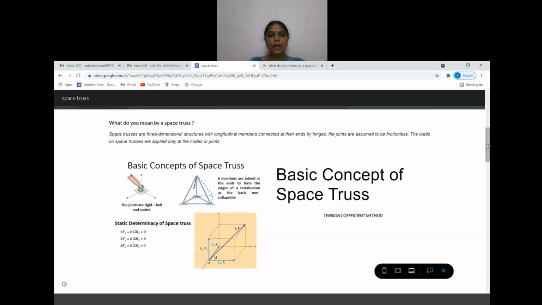Now, as a result of the analysis, what do we get? From the space truss, we get the member forces. Now, these member forces can be resolved using the tension coefficient method. Before that, we will go in for